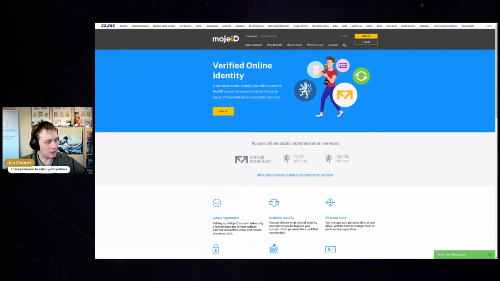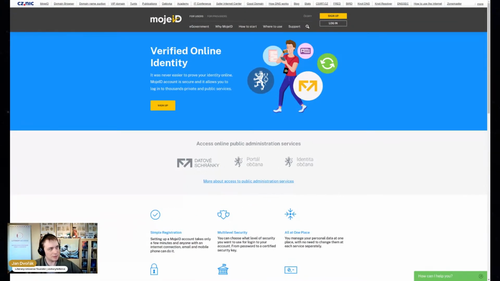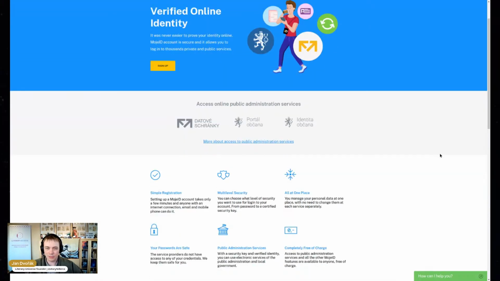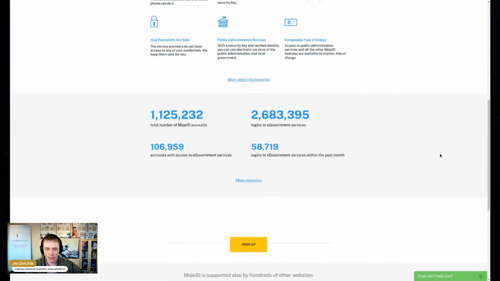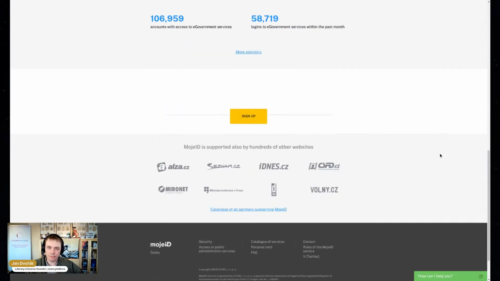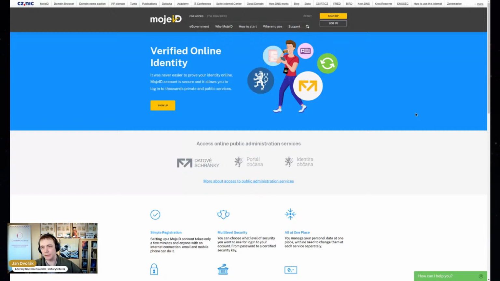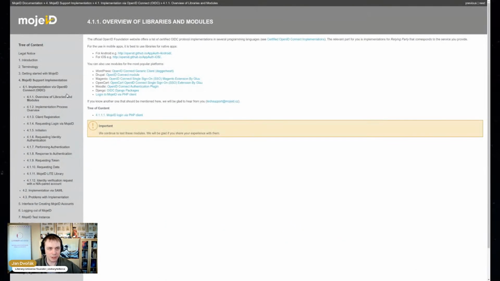So first let us take a look at MojeID. MojeID is a Czech verified online provider, through the state and everything. It has access to a lot of official or government identification, login and stuff like so. That's pretty huge. It's going to be, I would say, more difficult to implement because if I look here into the documentation,